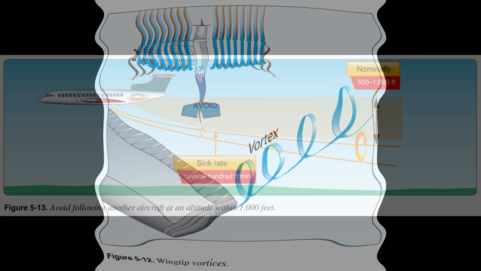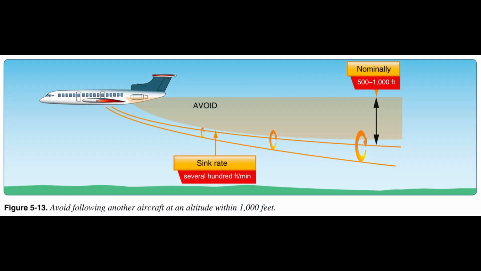Avoiding wake turbulence. Wingtip vortices are greatest when the generating aircraft is heavy, clean, and slow. This condition is most commonly encountered during approaches or departures because an aircraft's AOA is at the highest to produce the lift necessary to land or take off. To minimize the chances of flying through an aircraft's wake turbulence: